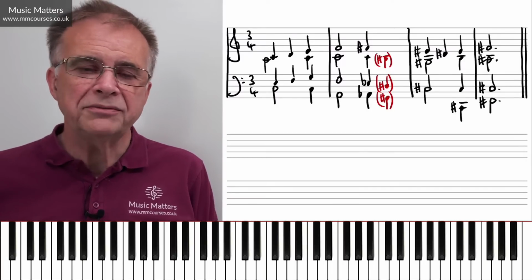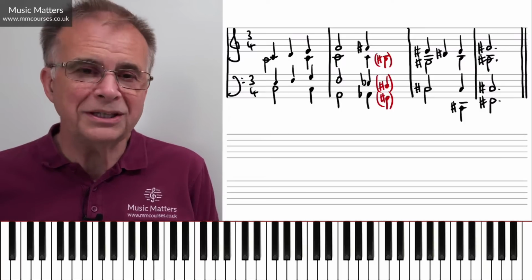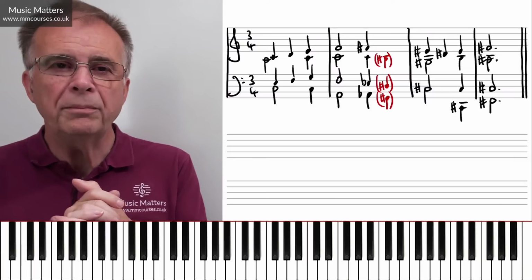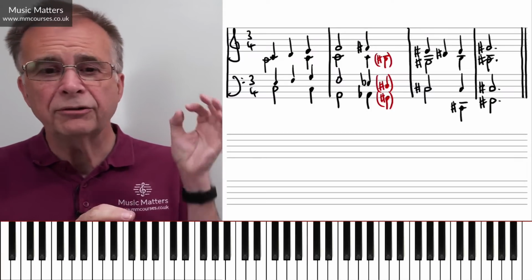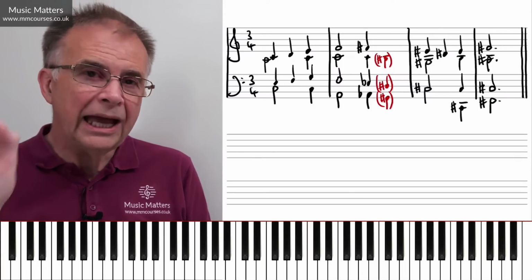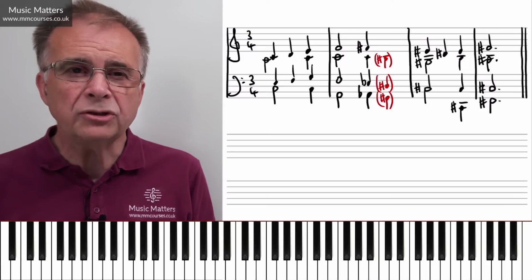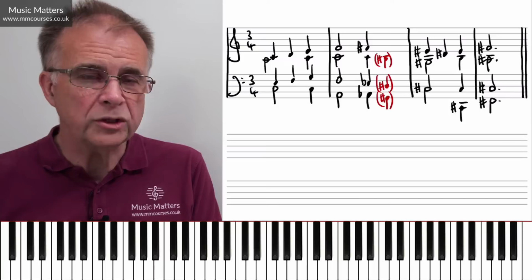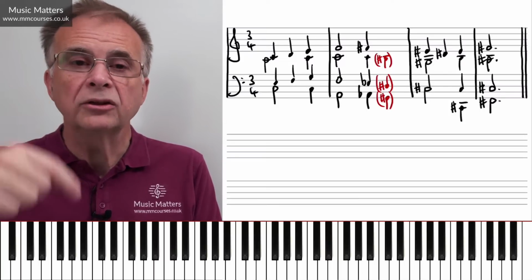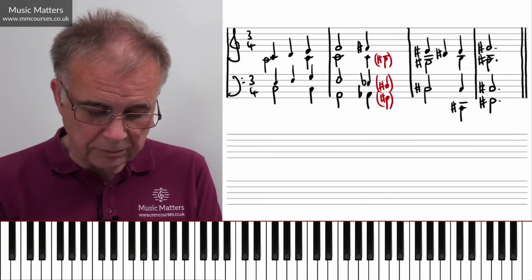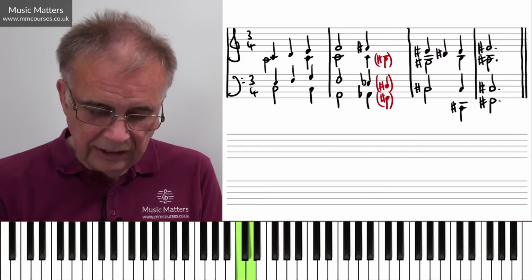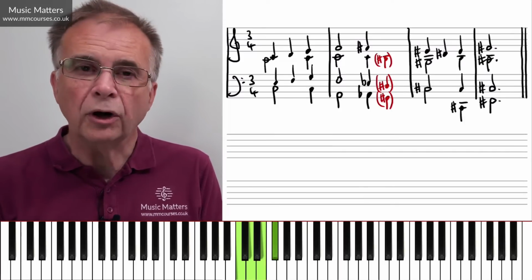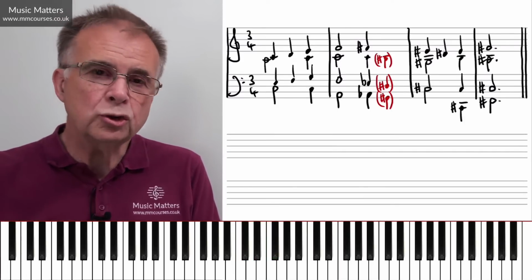And what we're going to do in this video is look at a pretty extreme example, because we're going to find out how in 4 bars or 4 measures we can modulate from C major to F sharp major. Well, F sharp major is a tritone away from C major. What do I mean by tritone? Literally 3 tones or 3 whole steps. So C, up a tone to D, up a tone to E, up a tone to F sharp. So I've got 3 tones there, so we call it a tritone.